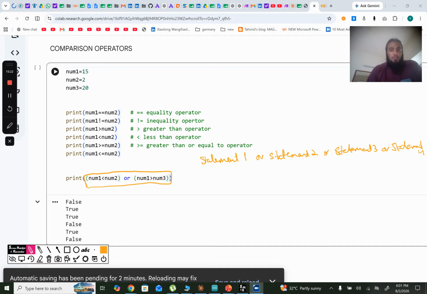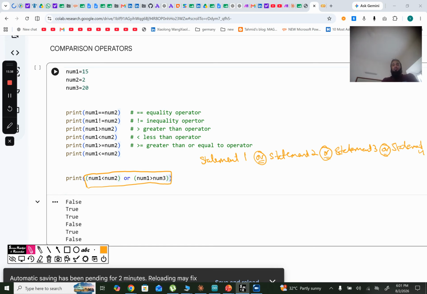Okay, the rule you need to remember for OR is,